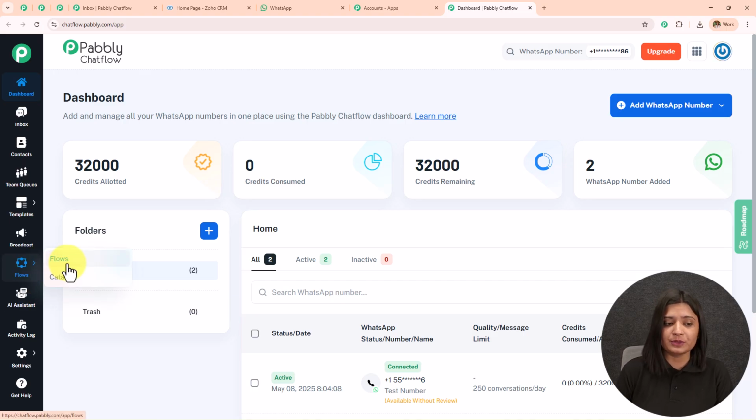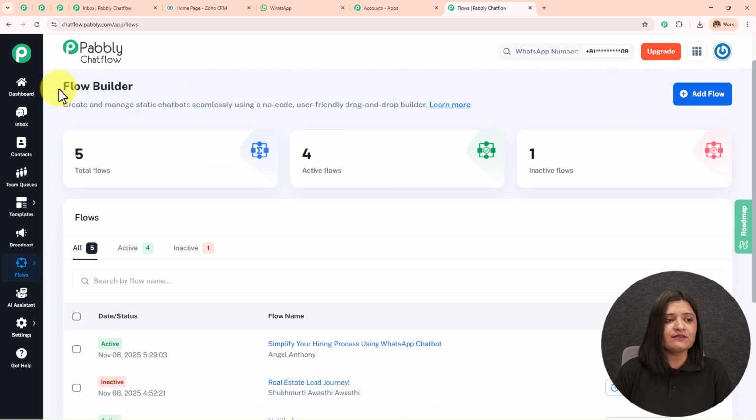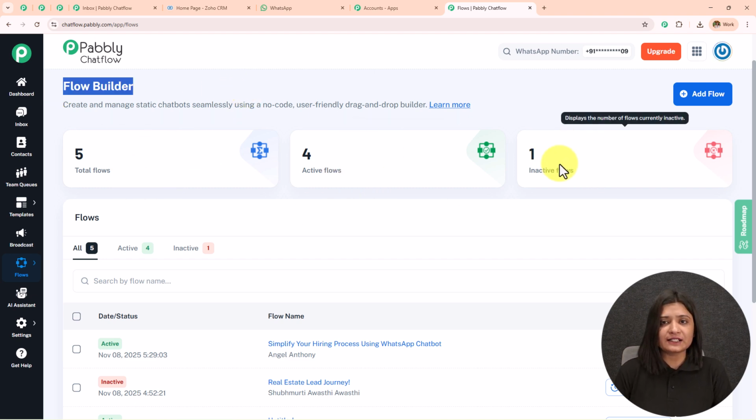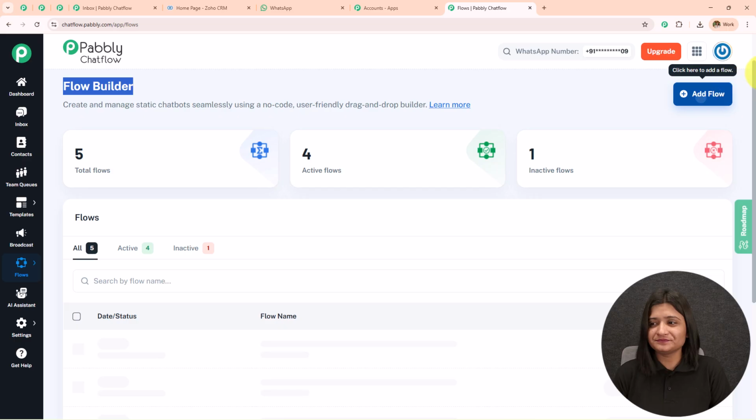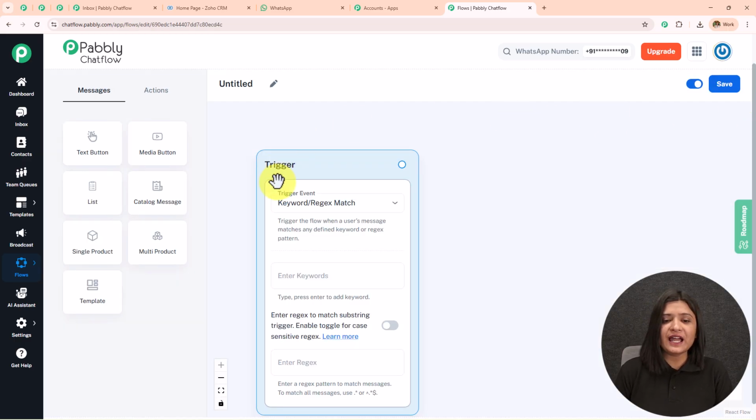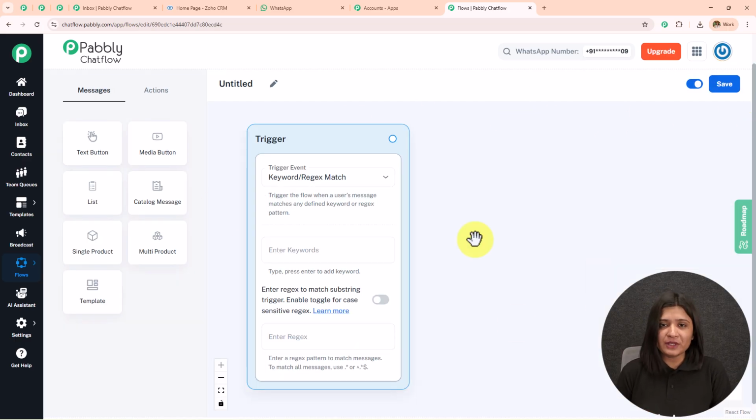flows. We are going to open this. So here I have landed towards the flow builder. You can see the total flows, active flows, and inactive flows. Now to create a new flow, you simply need to click on this add flow. Let's open this. So over here I have landed towards this page, and from here we are going to start